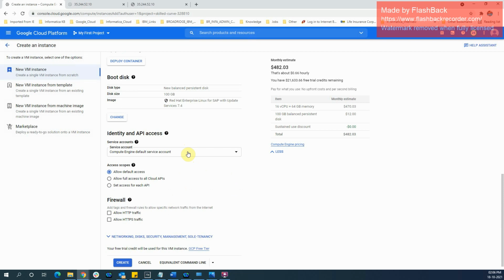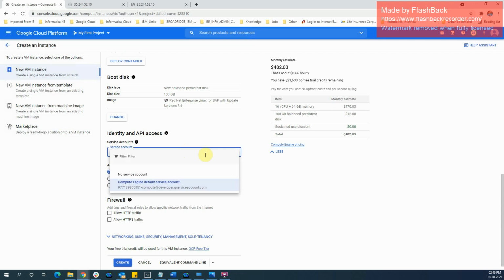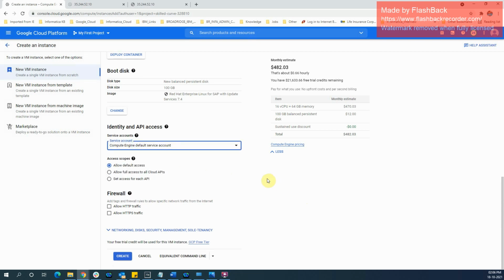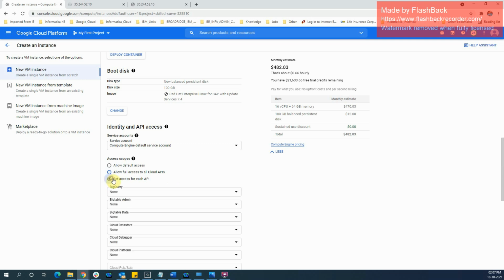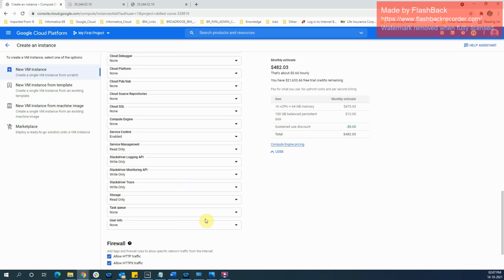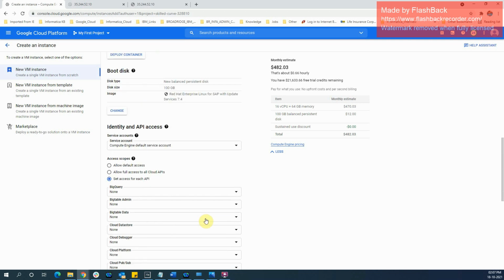Okay, next will be the Compute Engine default service account. I think this is selected by default. We need to allow HTTP and HTTPS traffic here. Set access for each API. We'll check on this: allow full access to all cloud APIs. So I think whenever we log into the server, we can log into the server with a root user also, and this user will be added to the server as a root, and we can define it. So here if we select it, we'll get all the options,